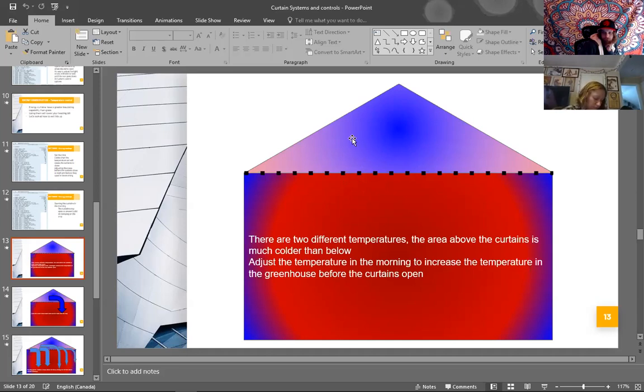A lot of the newer greenhouses now will have sensors below the curtains and sensors above the curtains. Ours doesn't, so we have to make an assumption that it's always cooler up here. But if these temperatures start to equalize and you have a sensor above the curtains, we can open the vents, cool down this area, and have some more air exchange coming up. Okay, so there's ways that we can play around with the settings